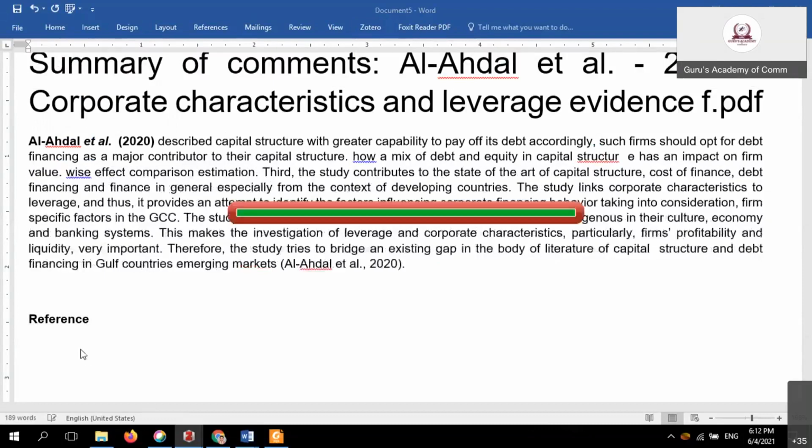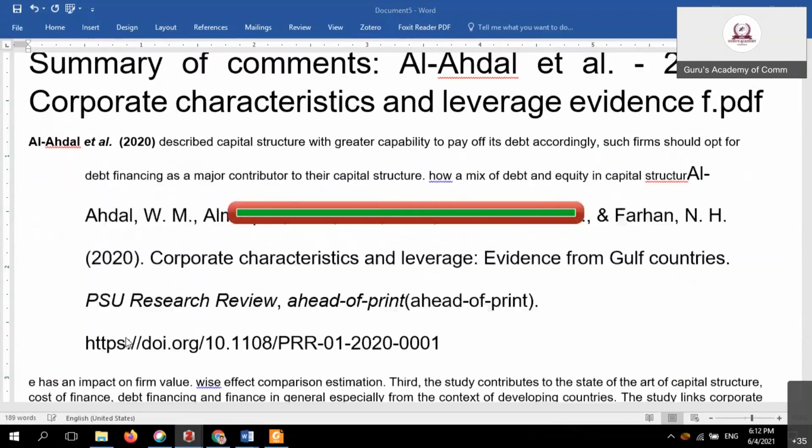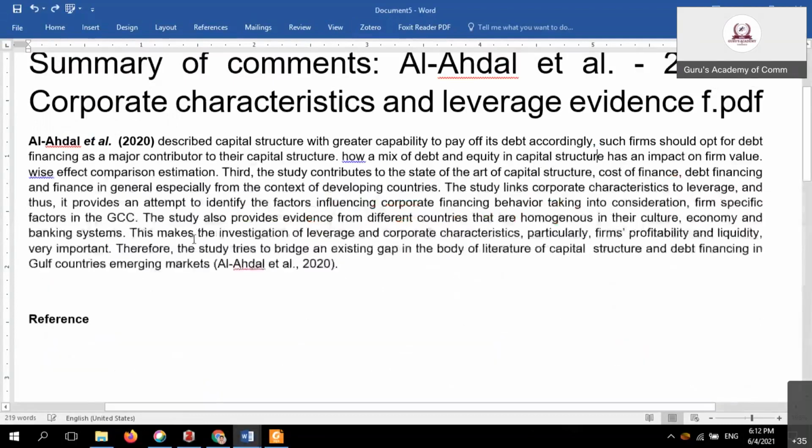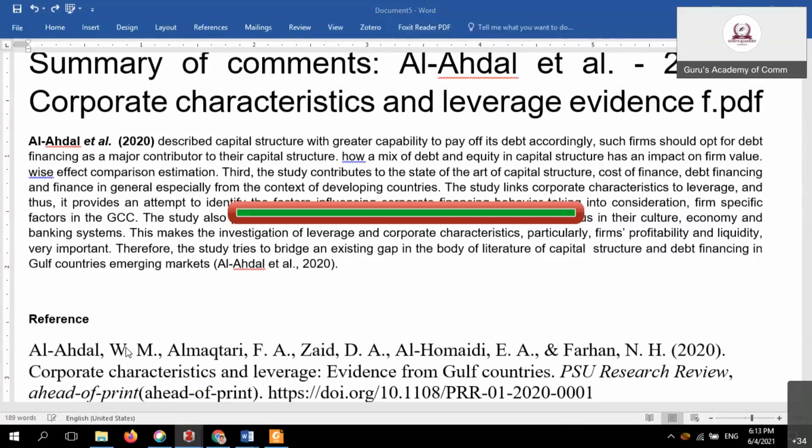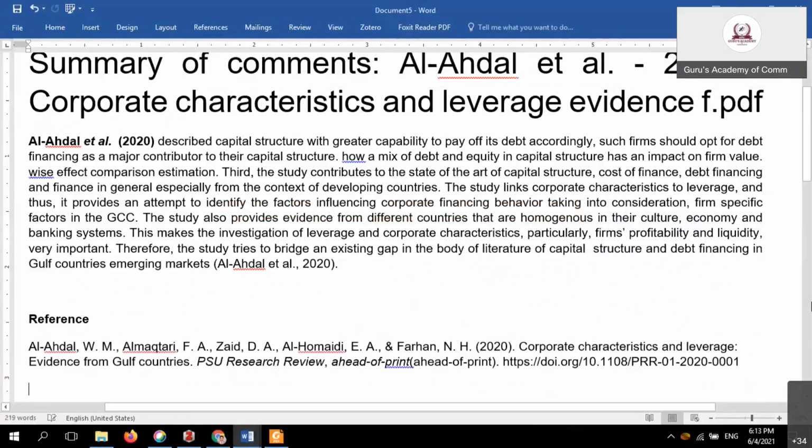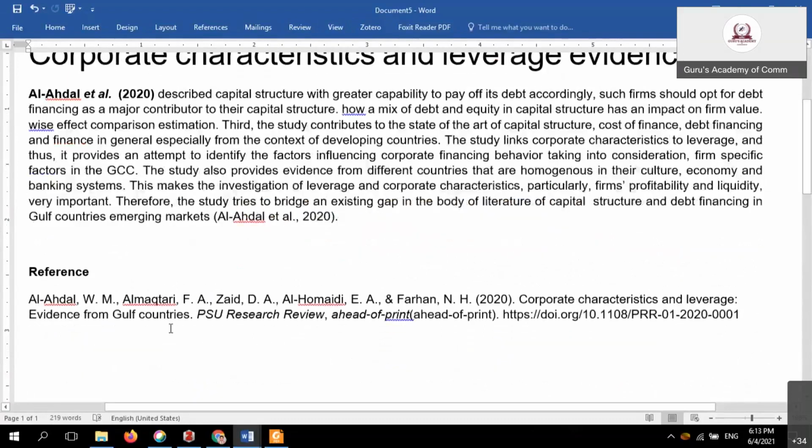Insert bibliography. Sorry, the cursor is blinking here. From the last section, where the cursor is, you insert here. Go to Zotero, insert bibliography. Your bibliography is also inserted. This is the entire thesis you have.